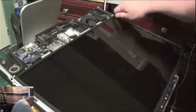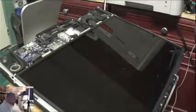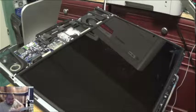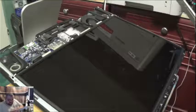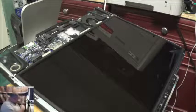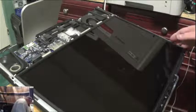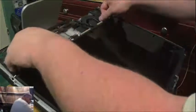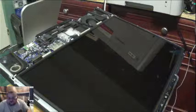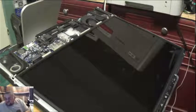Is that one of the magnets? Oh, one of the magnets came out the back of that. So the magnets are just glued in, and that one may or may not stay back in. So the microphone was never plugged back in. Was the screen? The screen should be these T6s. I gotta be careful setting stuff on my,